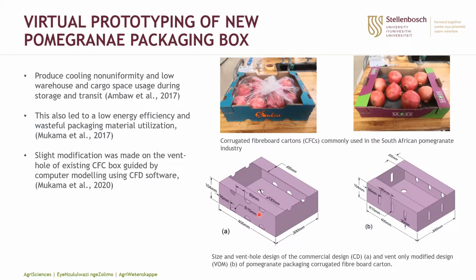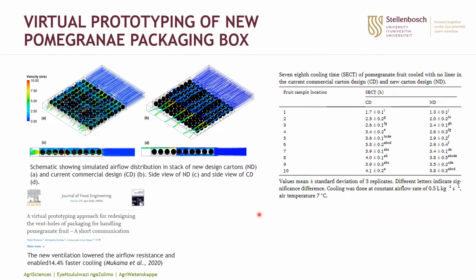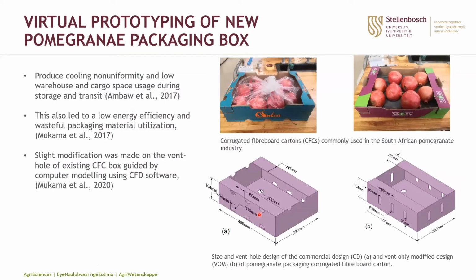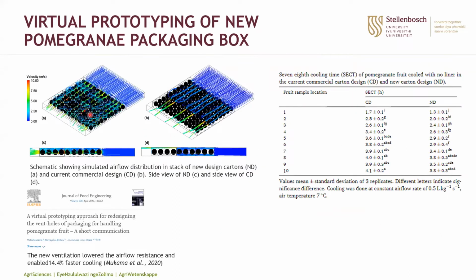Having that problem at hand, we first do a preliminary virtual analysis by turning this box, which is what we have in the industry. We provide this additional vent hole and are able to increase the airflow distribution, as you see here. This one is a modified box. This one is the original box. In the original box, the airflow is channeled, and there is clearly a region of the pallet where you have different airflow distribution,